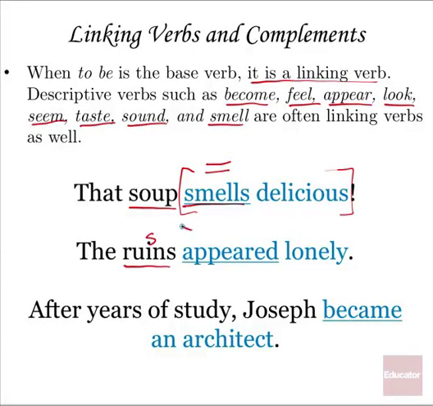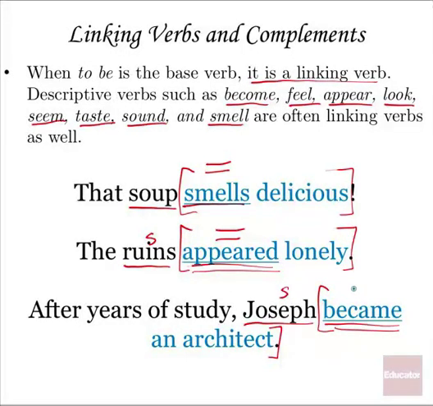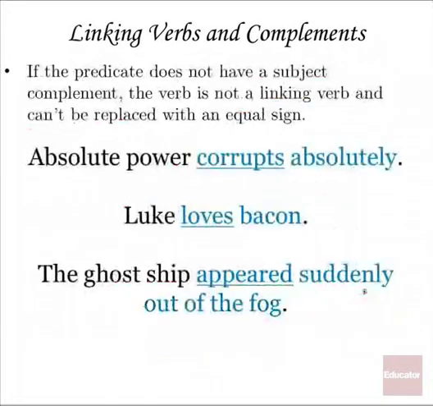Ruins is our subject. Appeared lonely is our predicate. Appeared is our verb. And we can replace it with an equal sign. Ruins equal lonely. After years of study, Joseph, our subject, became an architect. Became an architect is our predicate. It's what Joseph did. Became is our verb, and it can be replaced with an equal sign. Joseph equals architect. All right, if a predicate does not have a subject complement, the verb is not a linking